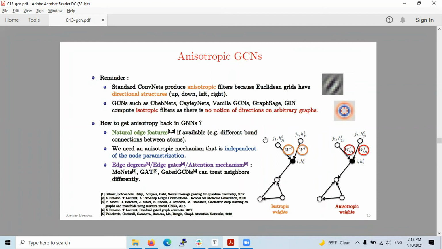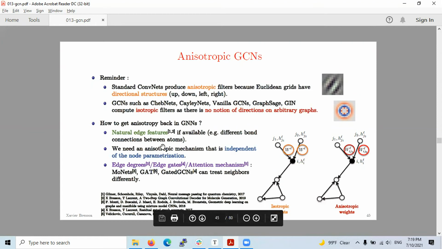This also applies between different connections, like connections of atoms, bond sizes, probably different bond energies in different molecules. If this is one molecule, this is a different molecule, this is another molecule, obviously the bond energy between these two would be different from these two. So we have some sort of a direction over here. It's not a constant, vanilla GCN type of understanding wherein the adjacency matrix is common, always one between the nodes.